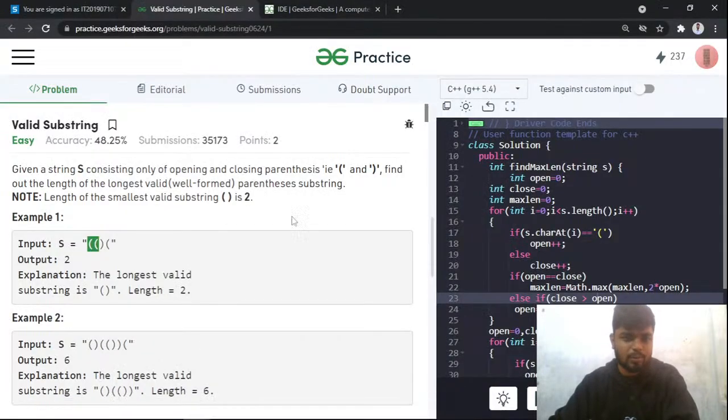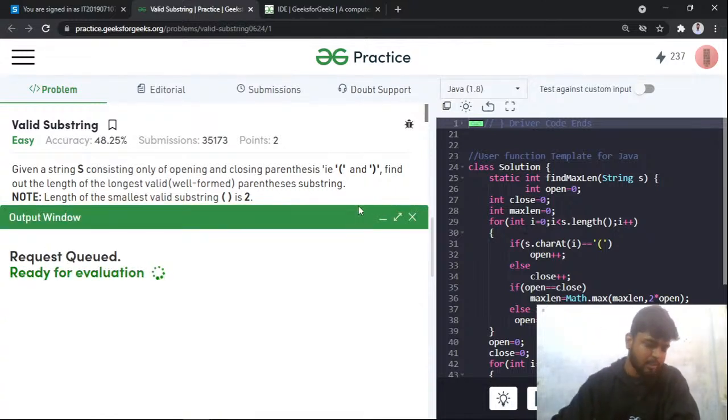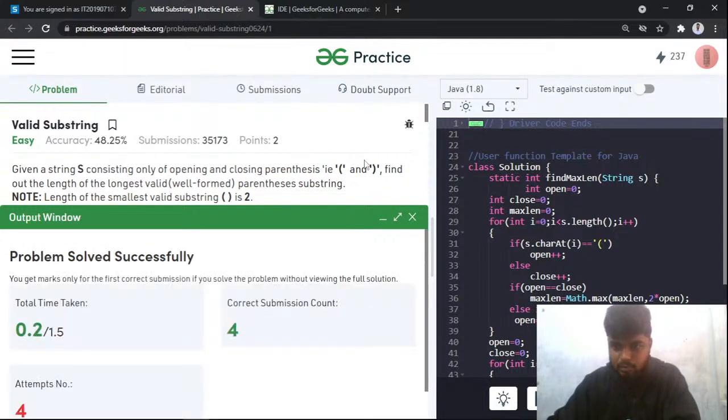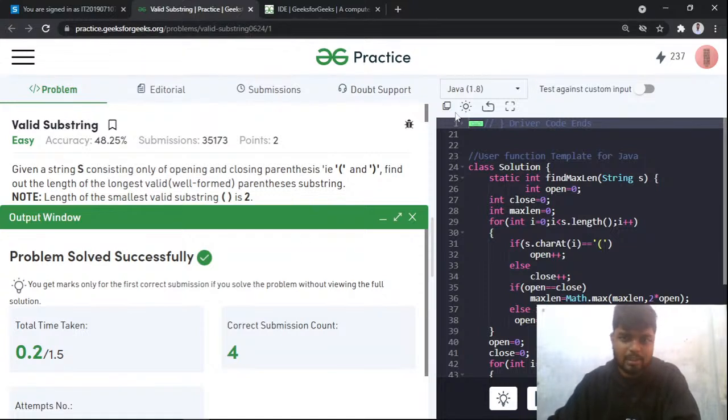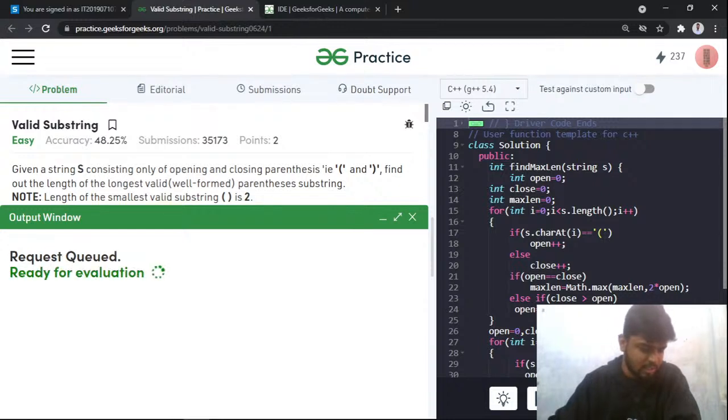I'll show you the code as well. You can see this is the code that I had submitted. Let's try and run this as well. This will work definitely. Okay, so I'm trying to submit it. Let's see whether it works or not. So it should work, right? You can see that this got accepted. Also, I have written it in C++ as well, so you can also see clear.